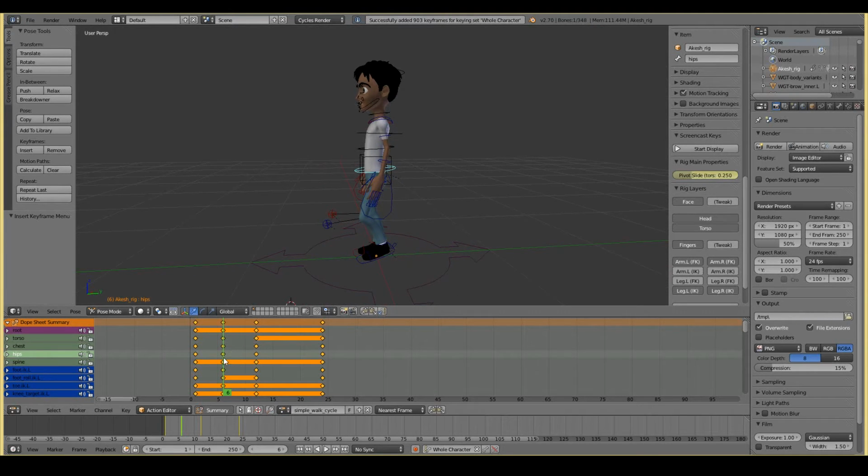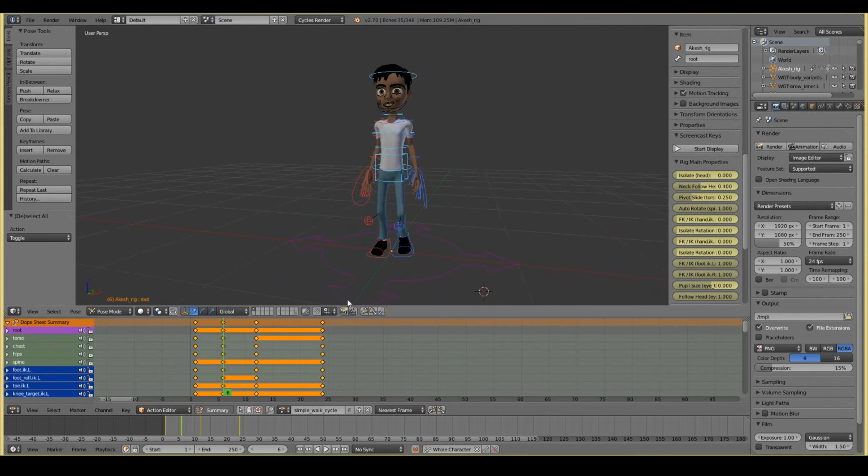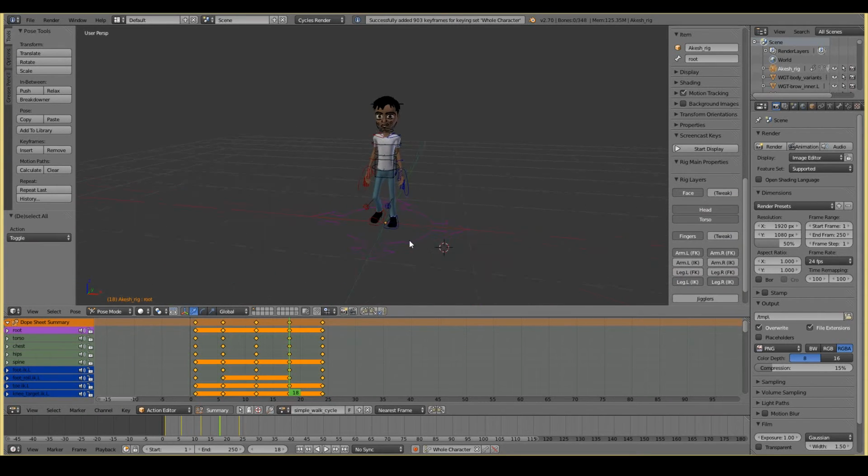There we go. And obviously we need to revert that pose onto this side. So select everything. Don't select the face, and don't select the root. I'm going to copy that pose. Go over here. And I think 18 is the midway point, is it? 12, 24. 24 minus 12 is 12, so it's 18. Okay, and then I'm going to paste this flipped. So now I'll hit I, and I'll create a key for everything. And that is pretty much the passing pose.